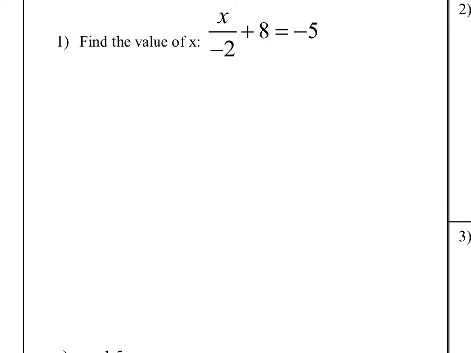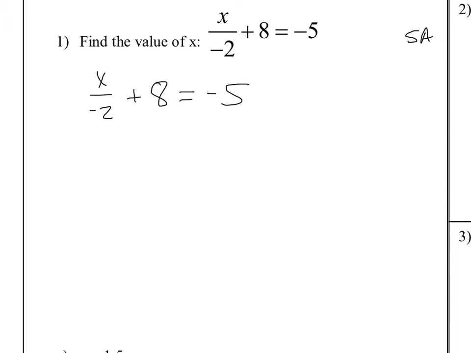Alright, looking at do now problem number 1, we're asked to solve this equation. We're going to remember that when we are solving equations, we solve them in reverse order of PEMDAS in terms of inverse operations. So I'm dealing with additions and subtractions first. And actually we learned yesterday that to make this most feasible, we're going to change all subtractions to additions anyway. So looking at this one, we have x over negative 2 plus 8 is equal to